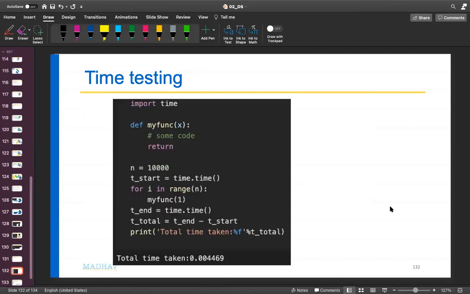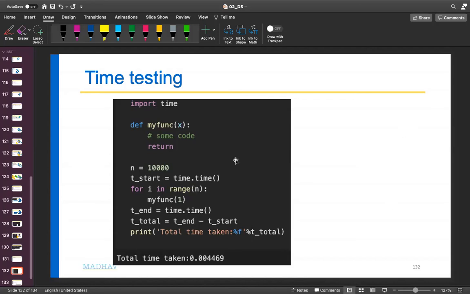Okay, so this is how you test your speed of execution. They are both related because the big O notation is basically when your data is very large, how does your speed scale? But you can do a quick empirical test. Empirical means you take some data and do the testing by actually running the code, not a theoretical or analytical analysis, but a real world, a real run of